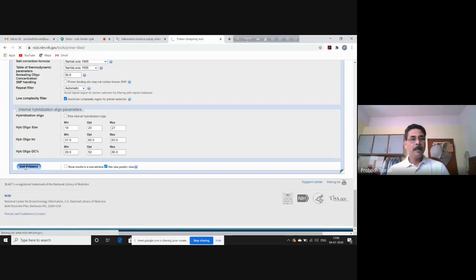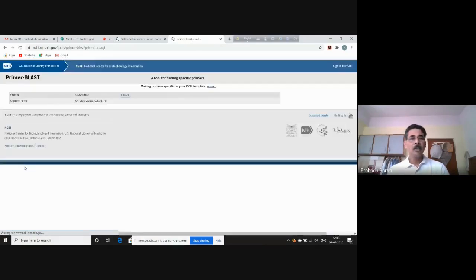Now, depending upon the speed of your internet connectivity, it may take variable time to get the result of primer designing. If you have got a good connectivity, then you can get the results within 1 or 2 minutes. But if your connectivity is not good, then it may take some time. Let us wait for some time.